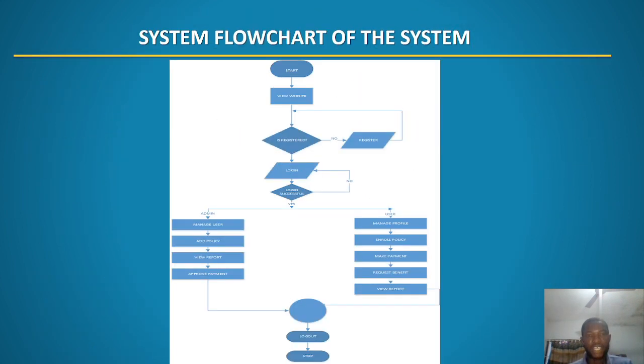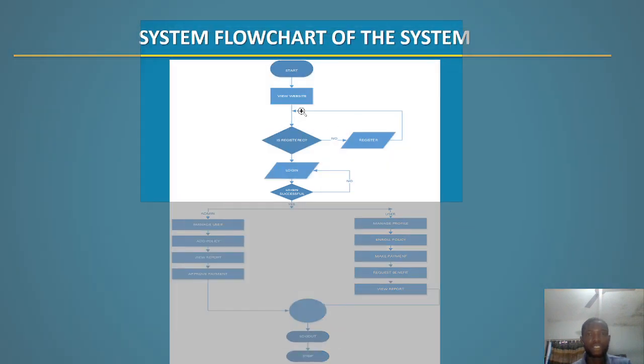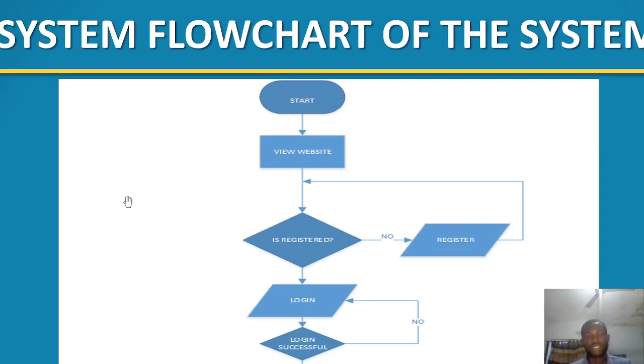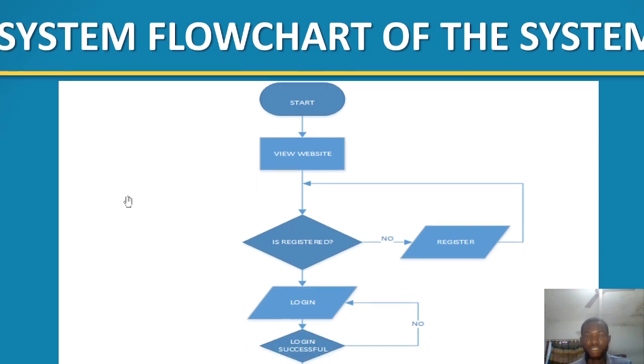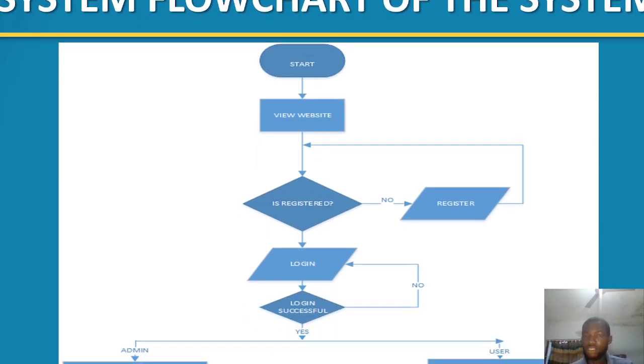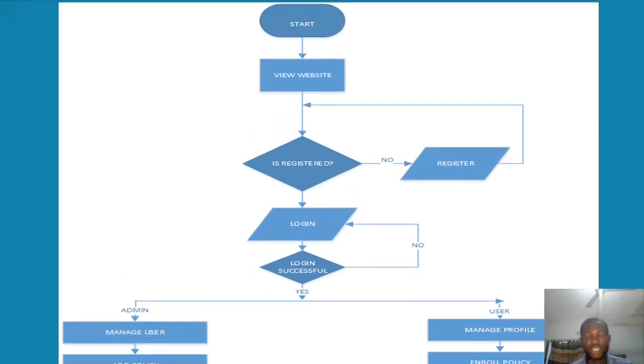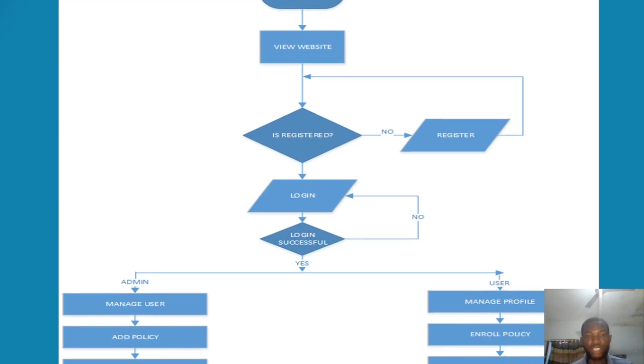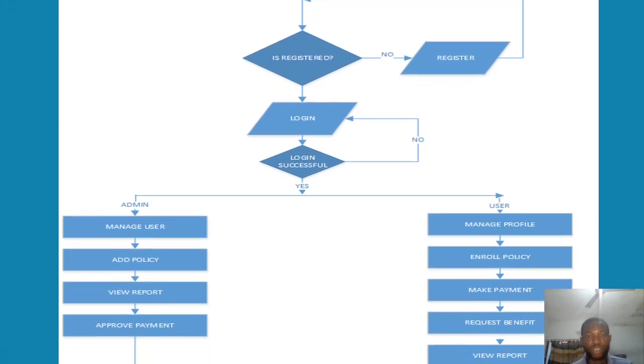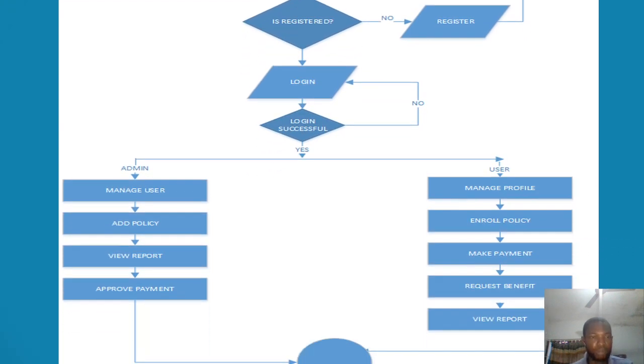I'll just move to the diagrams. Okay, so this is how the system works. The program starts, and then the user views the website. If the user is not registered, they have to register. If they are registered, they have to log in, and when they log in successfully as an admin,